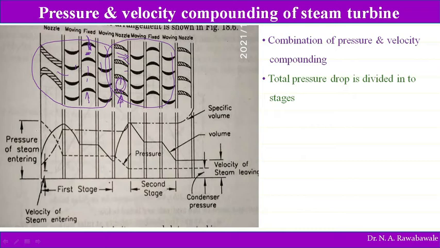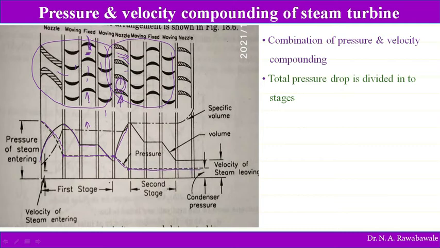So here the pressure first falls in this nozzle and velocity increases. Once this pressure gets reduced, it remains constant up to the first stage, and this velocity gets reduced when it passes through the moving blade. Again it remains constant when it passes through the fixed set of blades. Again velocity gets reduced when it passes through the second set of moving blades. But when it passes into the second stage, again the velocity increases and pressure is going to reduce. Again this pressure reduces up to the last stage and up to the condenser pressure.